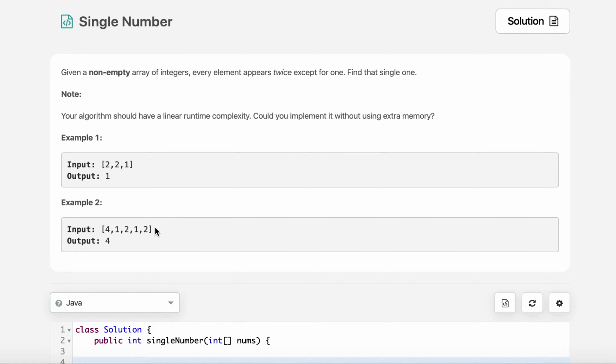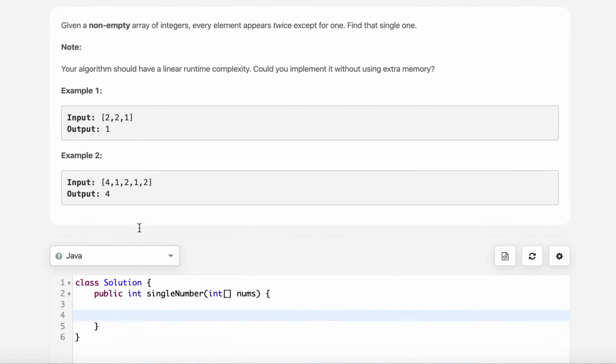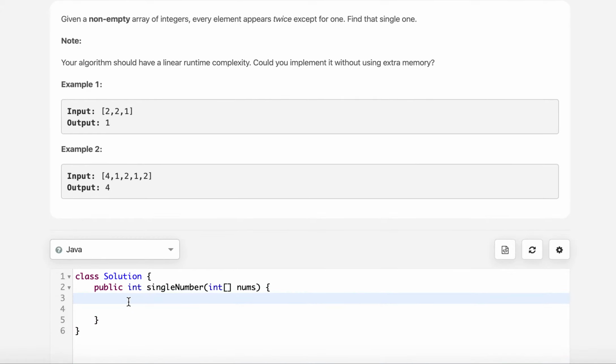Similarly, in this case, for all the numbers which are appearing an even number of times, XORing with 1 would nullify 1 and 2 will remain, again 2 XOR 2 will nullify 2, and the result will give us 4. So XOR has this property where we can simply separate out the number which is appearing an odd number of times.